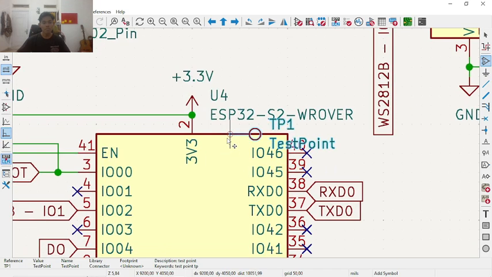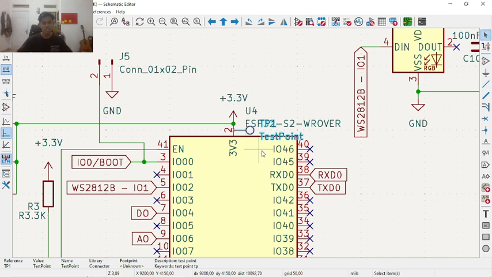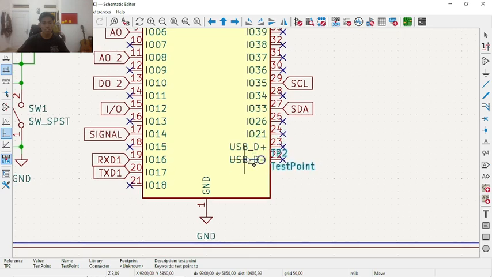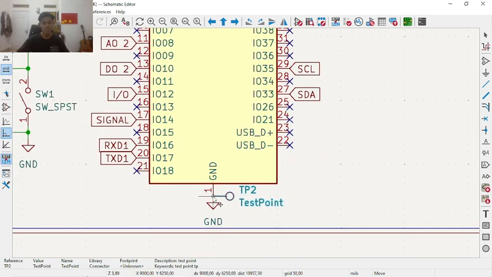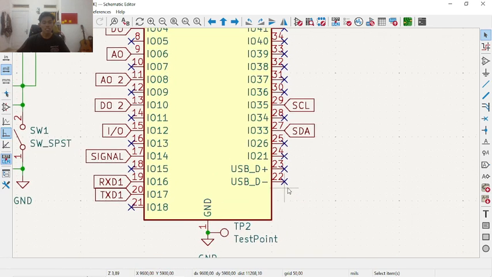So we will put this test point on the VCC, and then maybe we will put it on the ground also, and then we will put it in the communication between the ESP and the actuator or sensor.